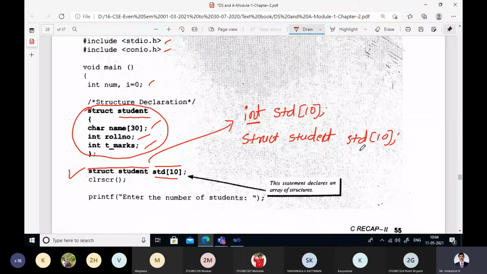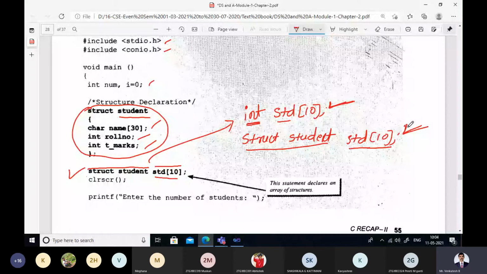In the first case, std can hold 10 different integers. Here, std can hold 10 different structure variables, or details of 10 students, where every student has this information: name of that student, roll number of that student, and marks of that student.